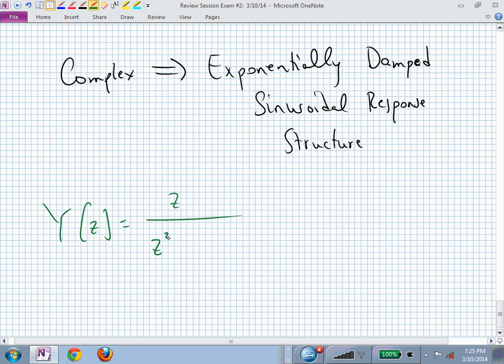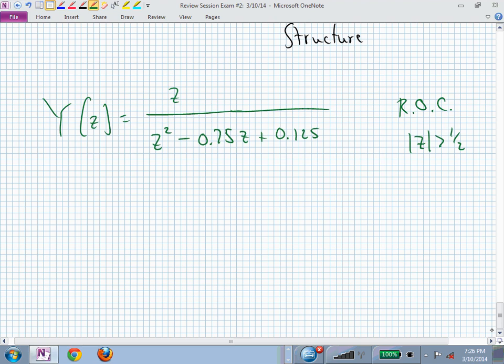If I give you now z squared minus 0.75z plus 0.125, and maybe I say the region of convergence is z greater than 1/2,